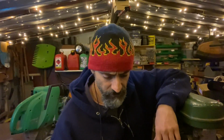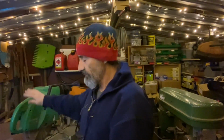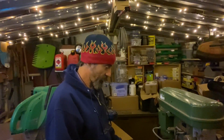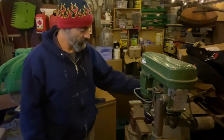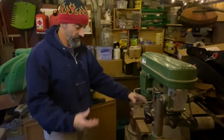So while I can't do anything more with the floor in there right now, I think I showed you the other day that I got some heavy duty caster wheels for this stand, the thing that the cabinet is on. So what I can do in here, and I've got to stay in here because it's raining outside, it's only light, otherwise you'd hear it on the roof, is unbolt all the things that are on here. You can see I've got the sander, which I need to fix up. It's bolted on there. Got the drill press bolted on here. My metalwork vise bolted on here. So I need to take all those off